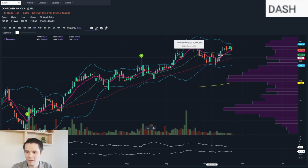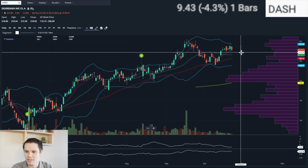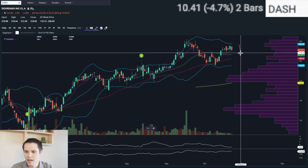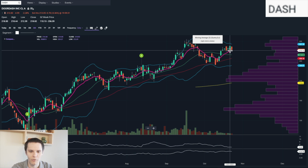Ideally, we can see price tightening up along with that volume, just so we can manage our risk a little bit better, because if you're buying with a break over Thursday's high, putting your stop under the lows, that's 4.3%, which, I mean, for most of you, maybe that's not very large, maybe use 7% stops, but ideally, if I could keep a stop at 3%, that would improve my trading metrics. But DoorDash, looking for a break over 220